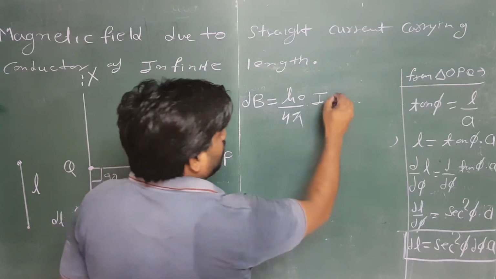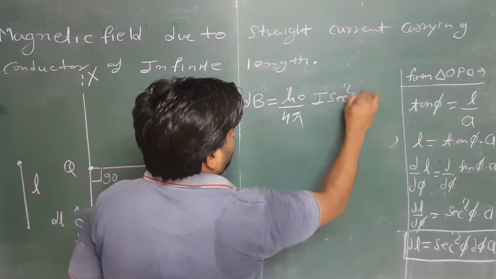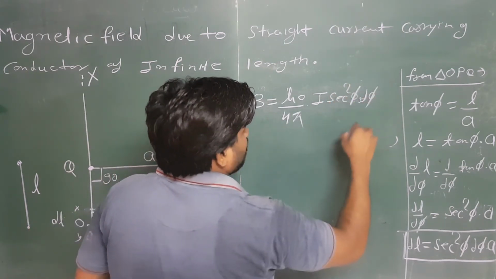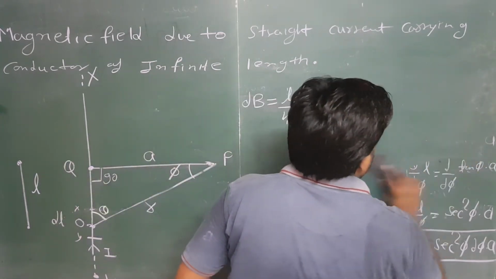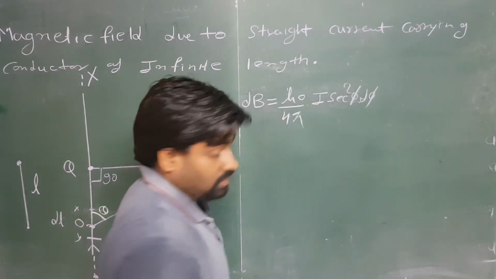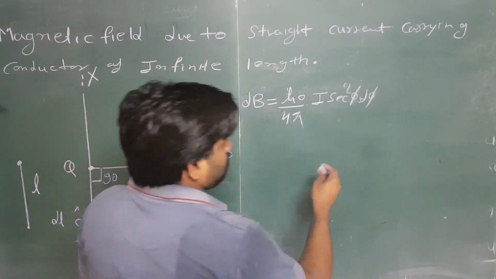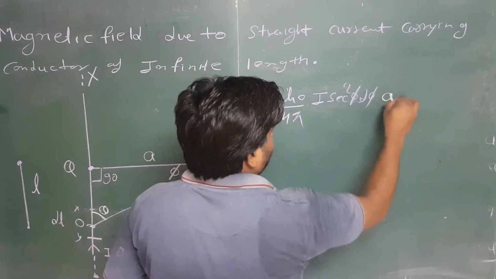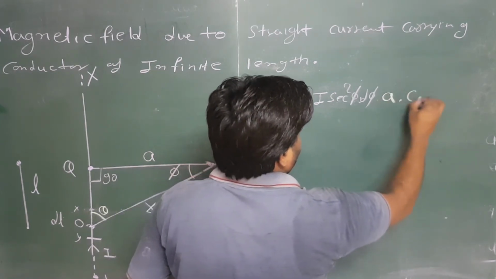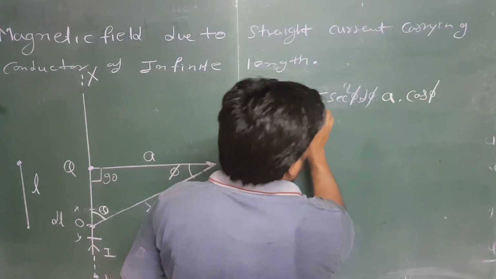The dl is sec square phi dot d phi, sin theta. I have converted it into cos theta. A is also here, and sin theta is cos phi,